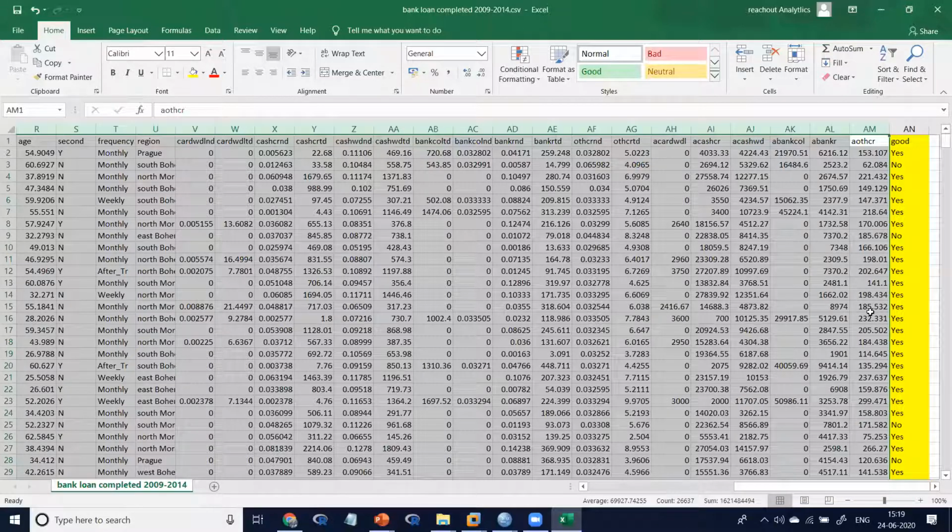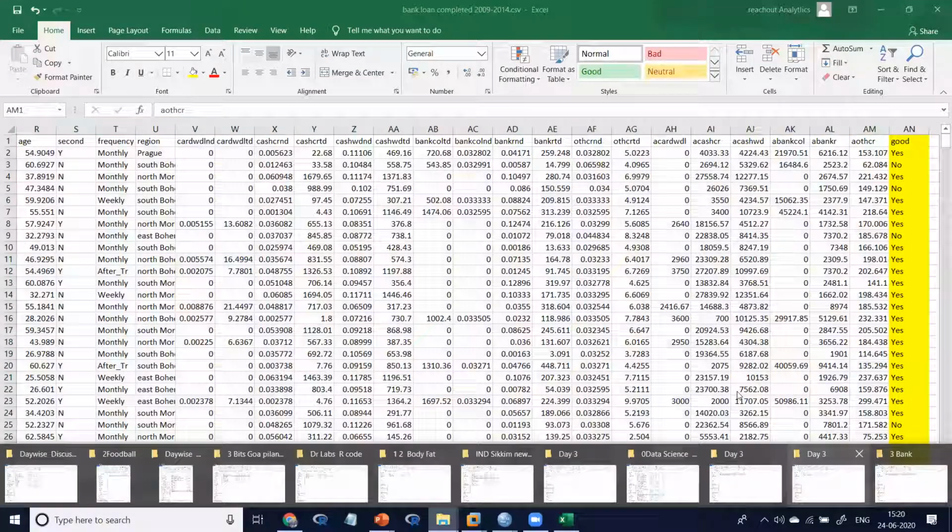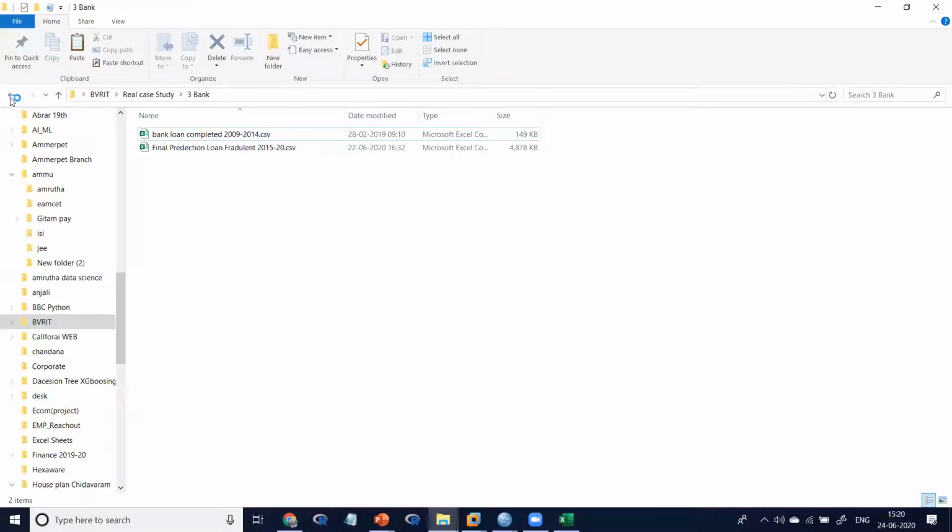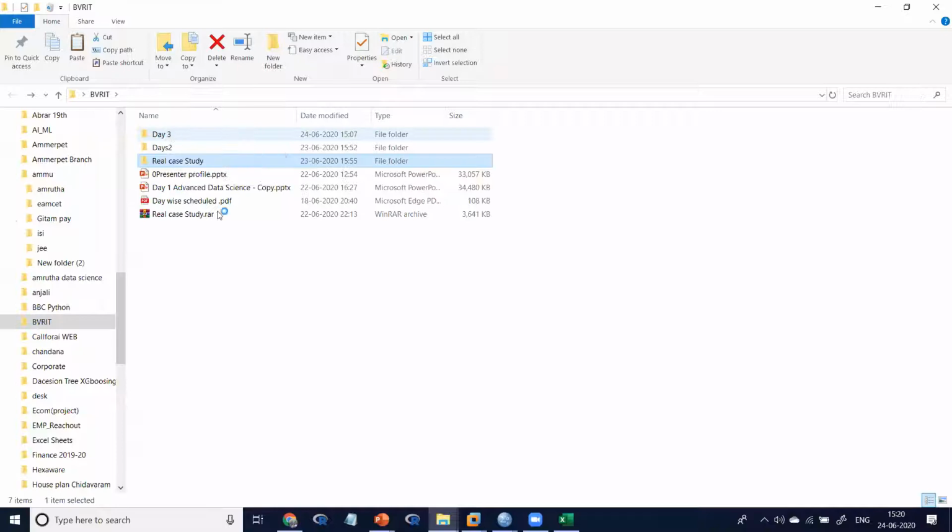Suppose if I want to apply deep learning, ANN, CNN, RNN, the direct data is not suitable. You have to convert into normalization, standardization, and scaling methodology. Then only you can apply.